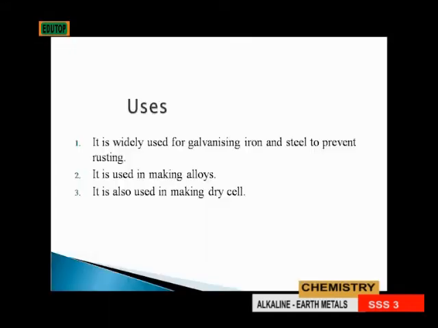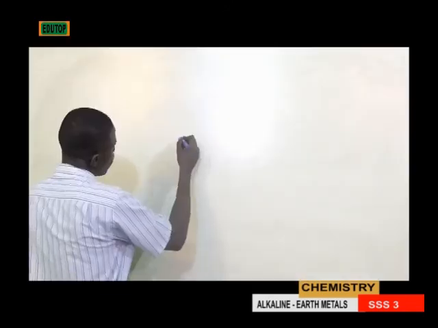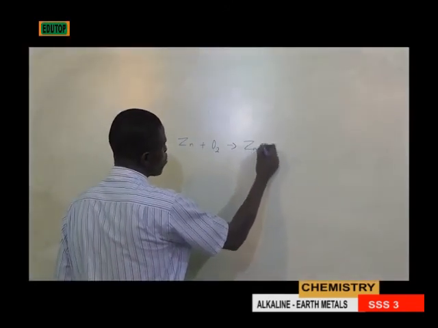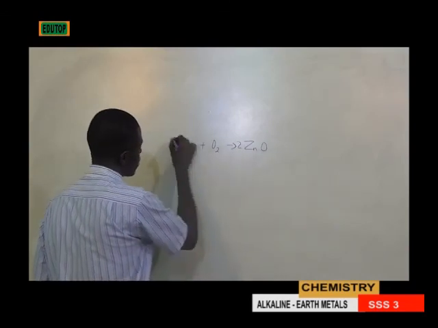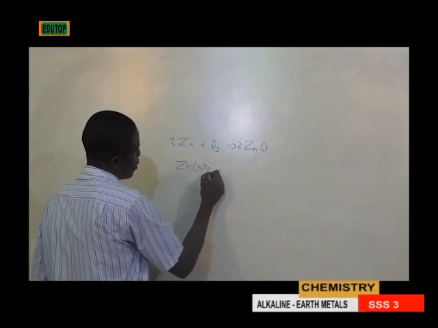3. It is also used in making dry cells. Compounds of zinc: zinc 2 oxide, known as zinc oxide. Preparation: it is prepared by burning zinc in air or by heating its nitrates and carbonates. When zinc is burnt in air, it gives zinc 2 oxide. Also, its nitrates